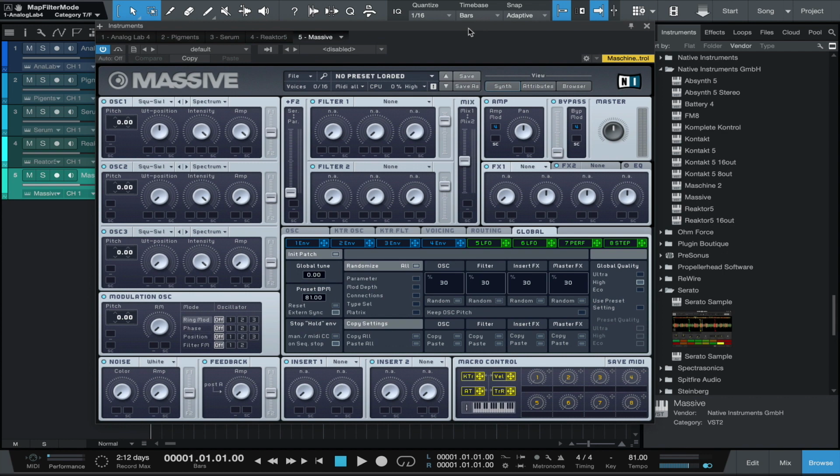I'm not too fond of the new one that they have. I haven't had a chance to play around with it, but the flow of it just didn't look like it was conducive to the way that I like to make sounds. If I grab a preset, sometimes the presets are pretty good with Massive stuff. I don't know about the new one, but I think that everything is here where